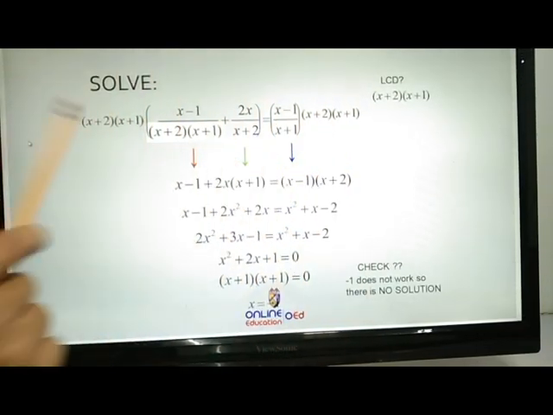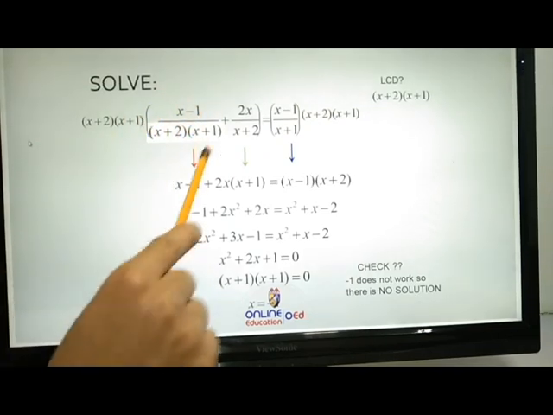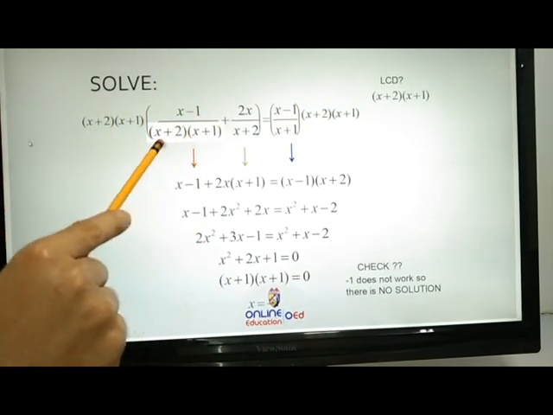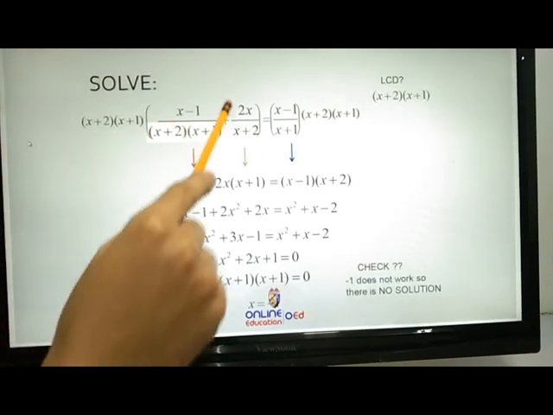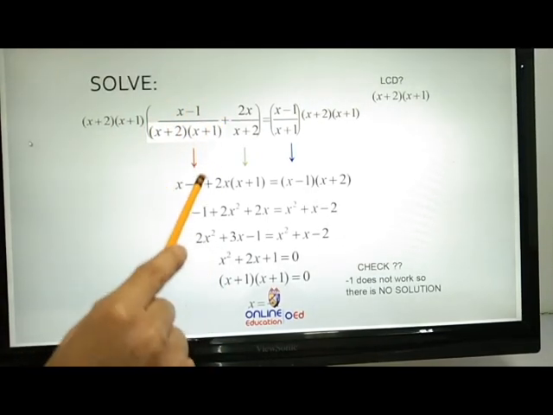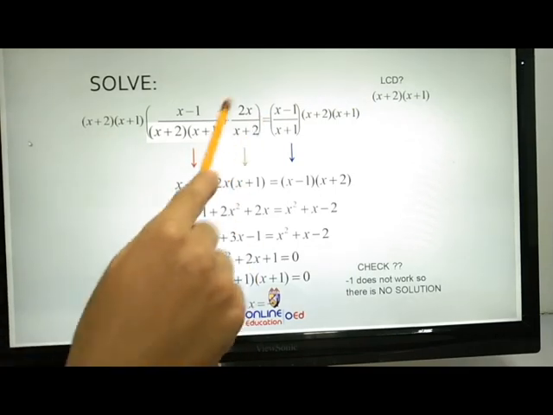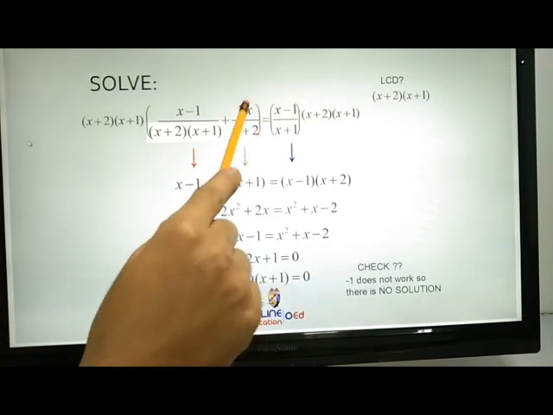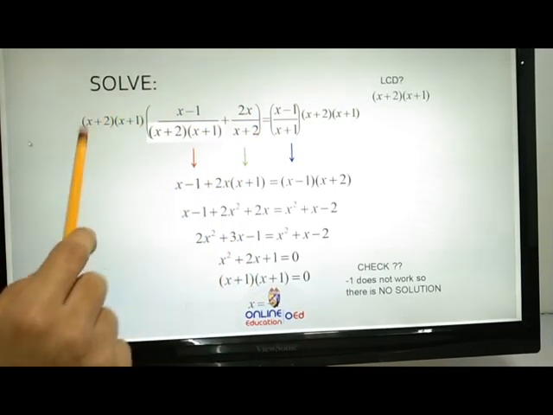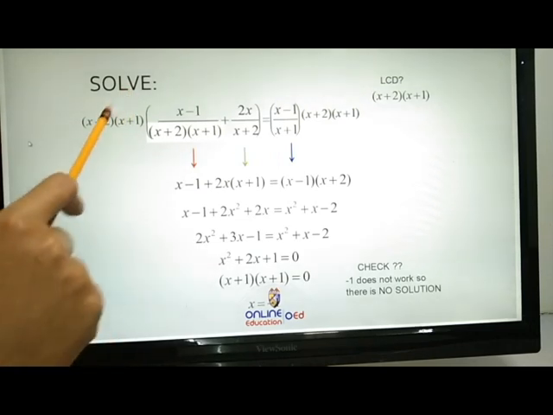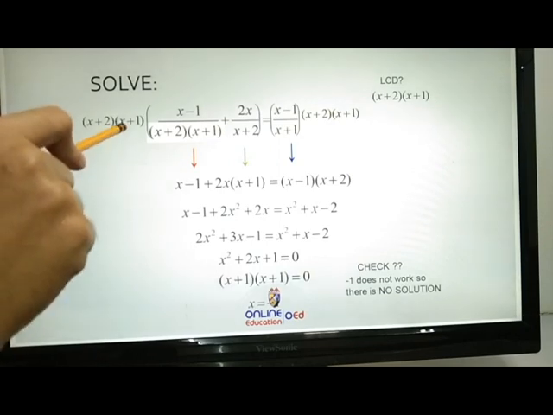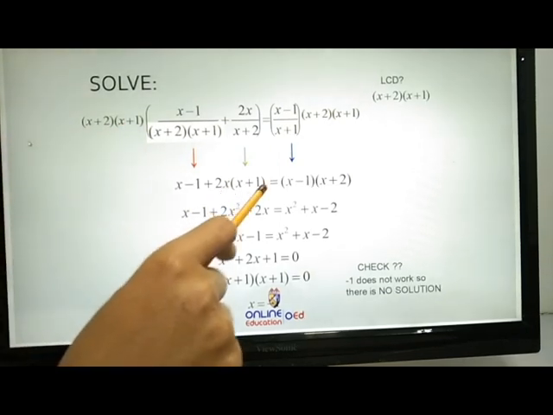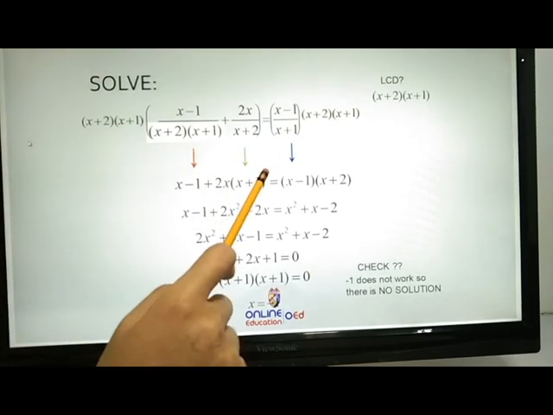Pag minultiply mo dito sa buong term, makakancel ito. Pareho sila, x plus 2, x plus 2, x plus 1, x plus 1. May iwan na lang x minus 1. Next, for this whole term, multiplied for this one, makakancel si x plus 2. So, maiiwan 2x times x plus 1. So, 2x, x plus 1. Next,